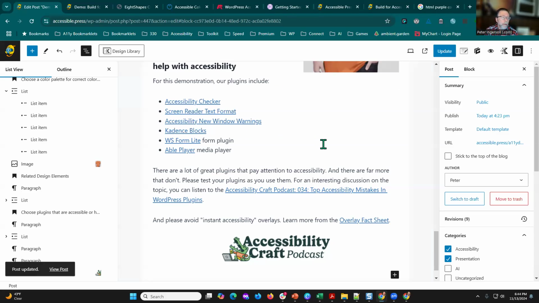So I like the Cadence blocks. Form plugins, WS Form and Gravity Forms are two of the top. Some would argue that Gravity Forms is the best, but they certainly pay. They have warnings and things that come up when you're doing things. If you've tested a website for accessibility and you have forms, you may find that is one of the bigger areas of finding errors because of things like